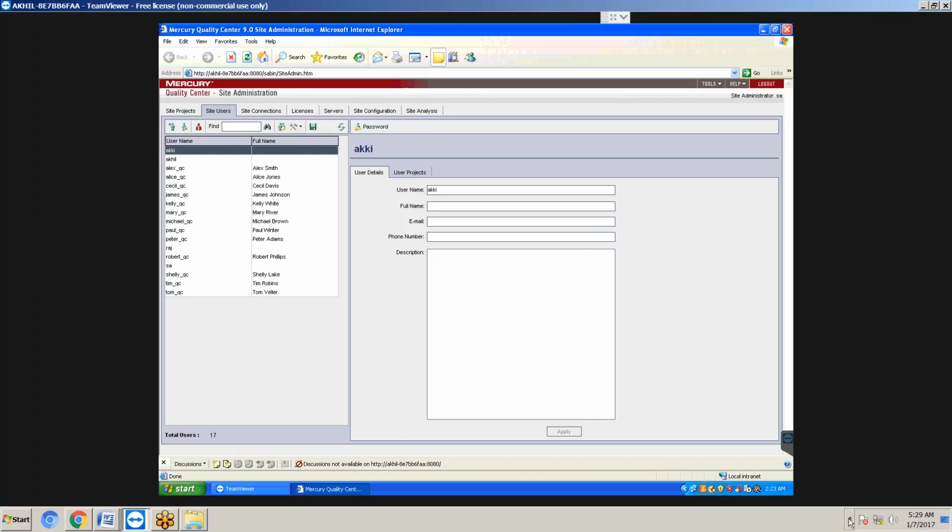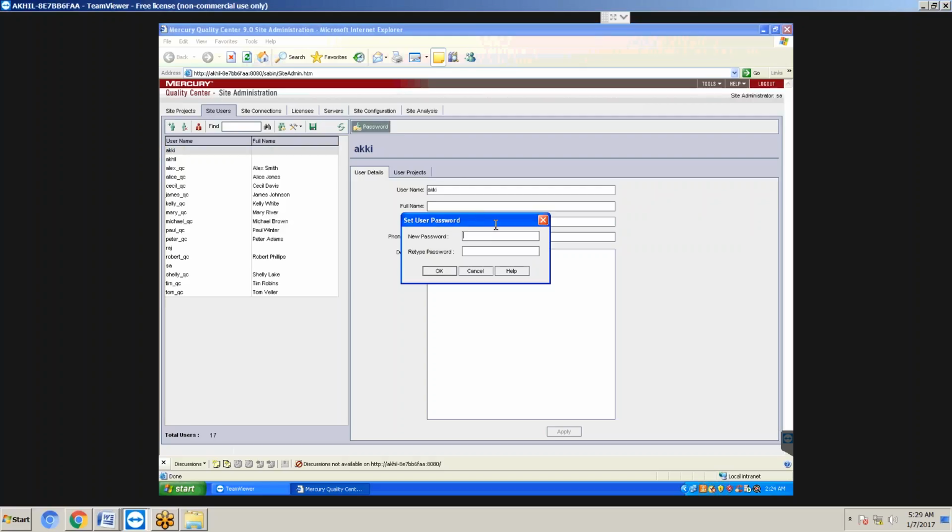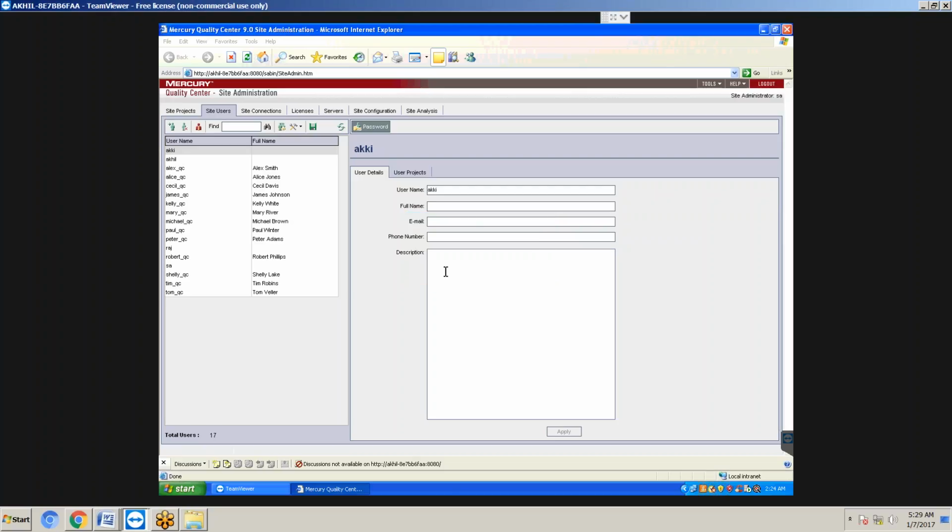Each and every user should have a username and password, so we need a password also. I'm clicking on password. The password is also Akki. Click on OK. One user is over.